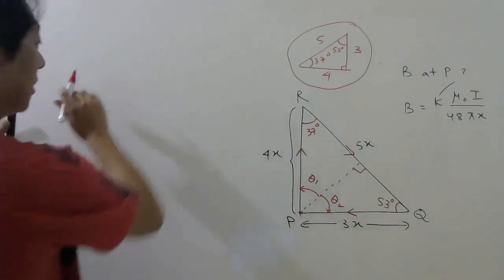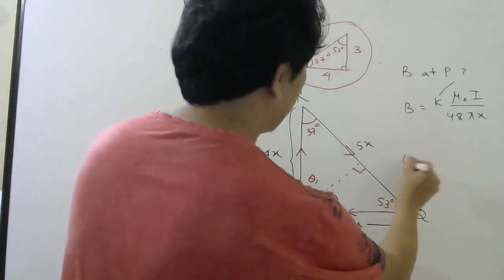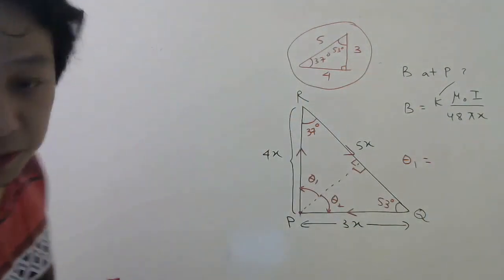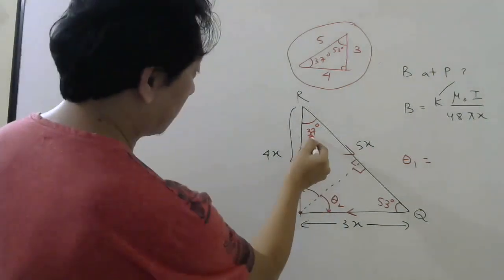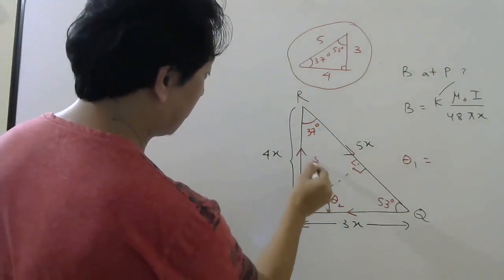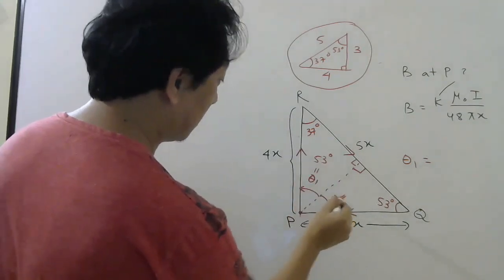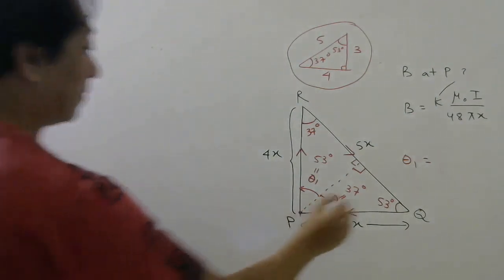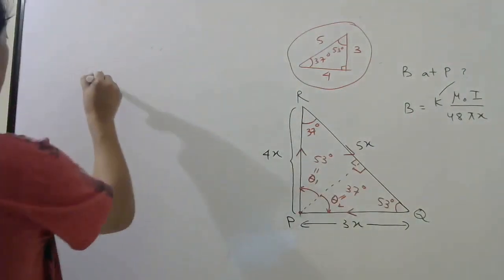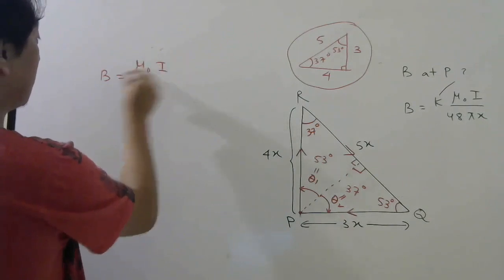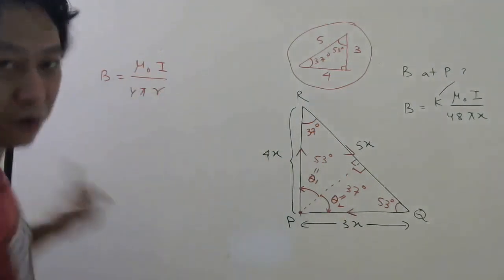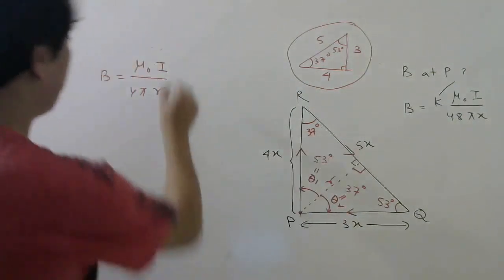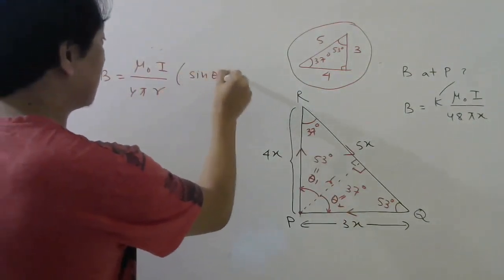Okay, so let us calculate. By the way, what will be theta 1 now? You can immediately say what theta 1 is because this is 90, no? Perpendicular line we have to draw. So this is 37, this is 90, so this must be 53. And this must be 37. Correct? Theta 2 must be 37. So what is the magnetic field now? What is the formula? Mu naught I divided by 4 pi R, or A, whatever you want to write. Let us write R here. Perpendicular distance is R. Sine theta 1 plus sine theta 2.